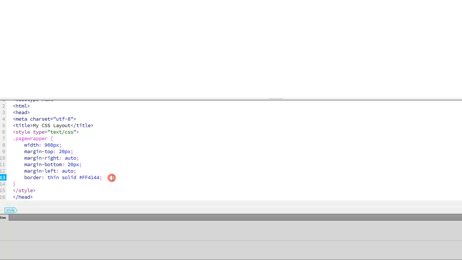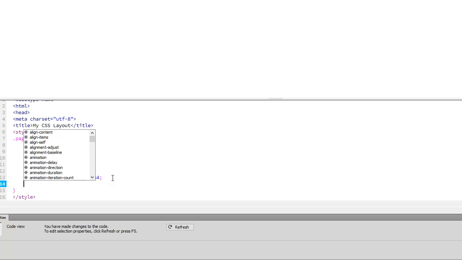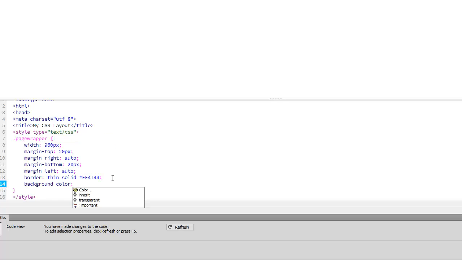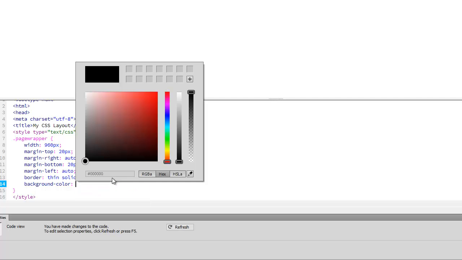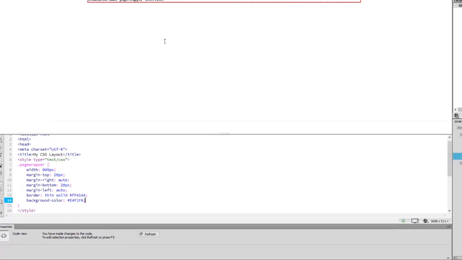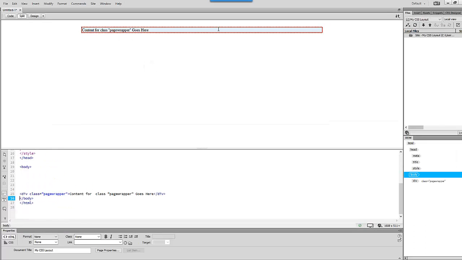There are a couple of ways. You can go straight into the code and start assigning more values. So you can say background color, and then choose your color from here. Enter, semicolon. And now when you click back up here in your preview area, you'll notice that that color is